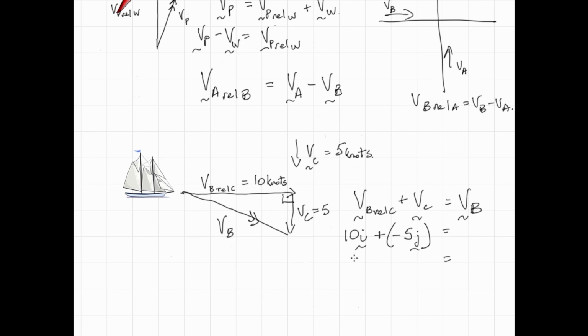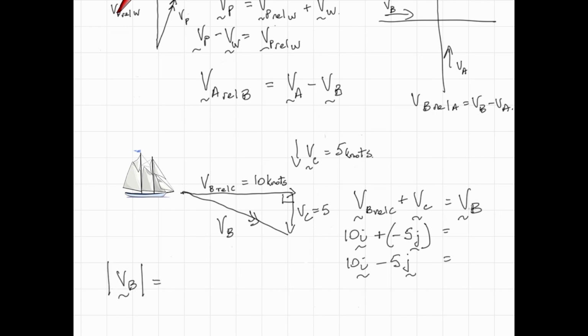We're trying to find the velocity of the boat, and so that's 10i minus 5j. Now, that's in component form. To actually find the magnitude and direction,